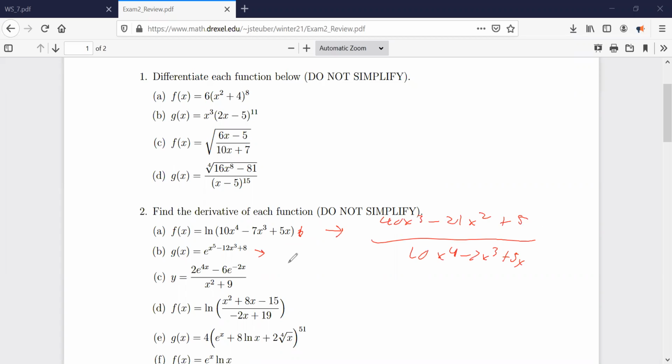This one, so e to the g of x, I should probably use h of x, goes to h prime of x times e to the h of x. So I just do 5x to the 4th minus 36x squared, and then that is times e to the x to the 5 minus 12x cubed plus 8. And we are out of time,